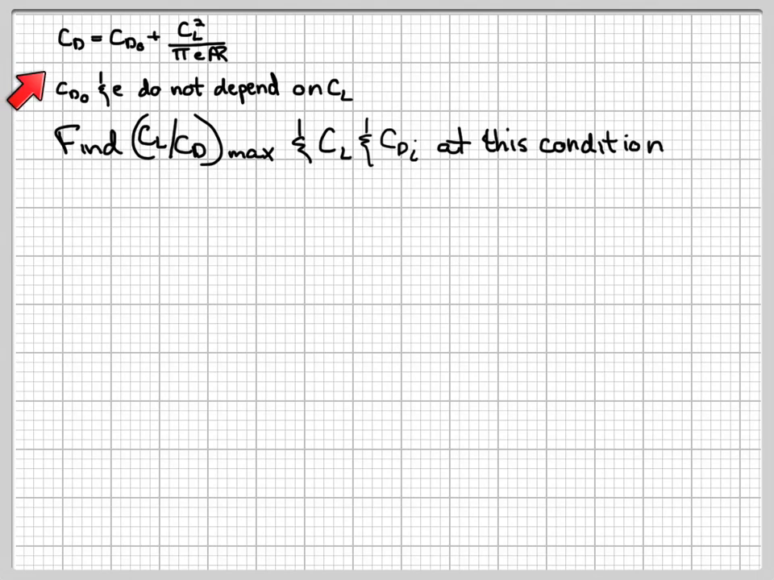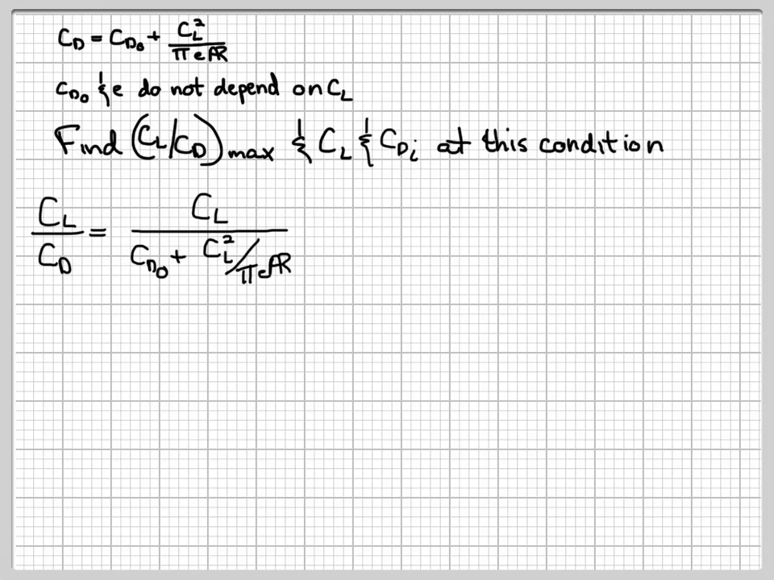Our problem gives us that we have a parabolic drag polar, and that the drag at zero lift and the span efficiency do not depend on CL. And then we're asked to find the maximum lift to drag and the CL and the induced drag at this condition. So to do this, we're going to first determine what CL over CD is by substituting in the parabolic